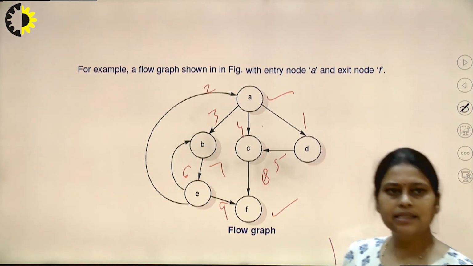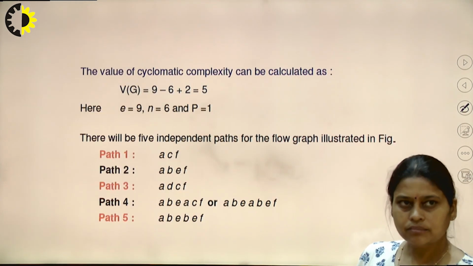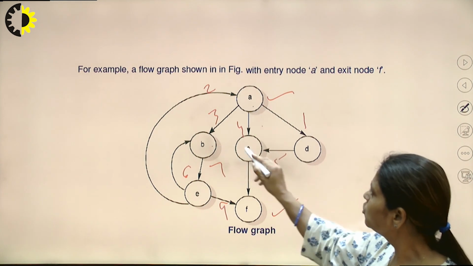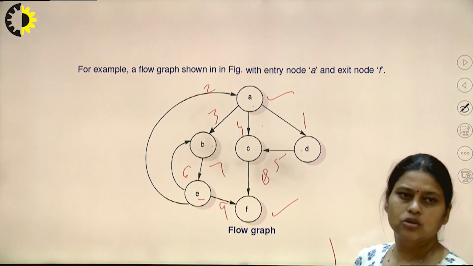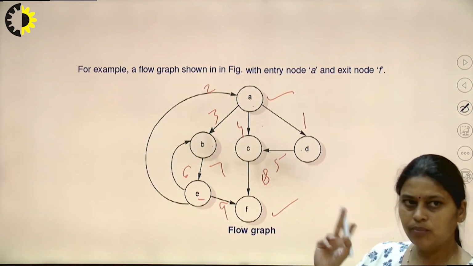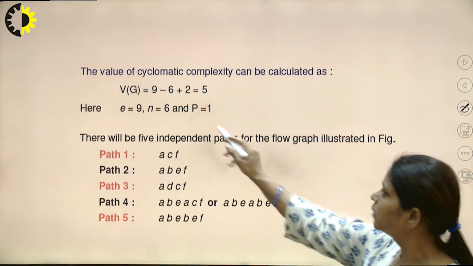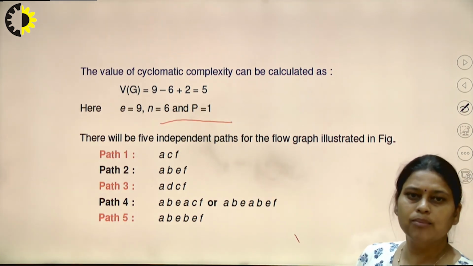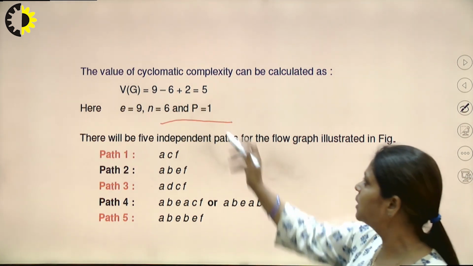So 9 edges, and the total number of nodes here: 1, 2, 3, 4, 5, 6. So nodes are 6 and the value of connected components is 1 because this is only one component. So we calculate E minus N plus 2P. So here we receive 5.